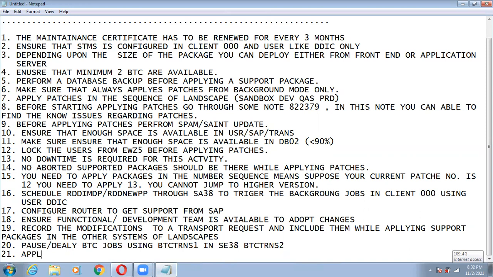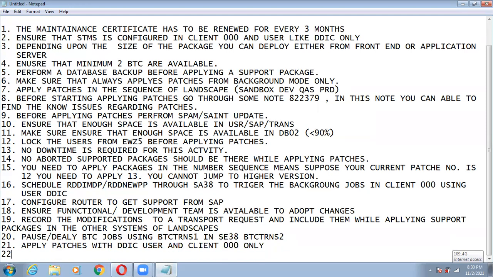Apply patches with the DDIC user and client 000 only.